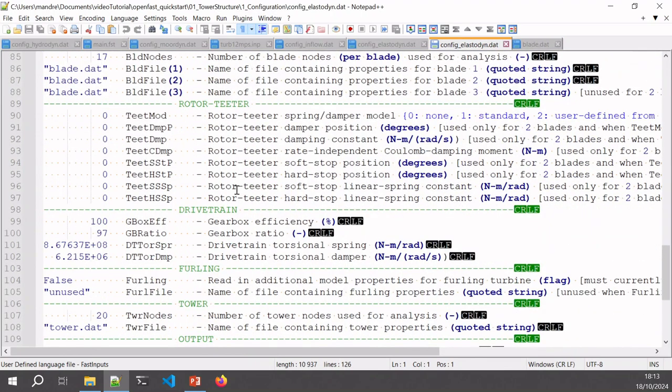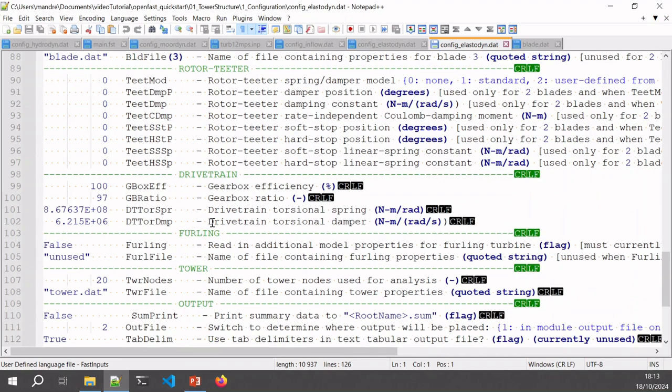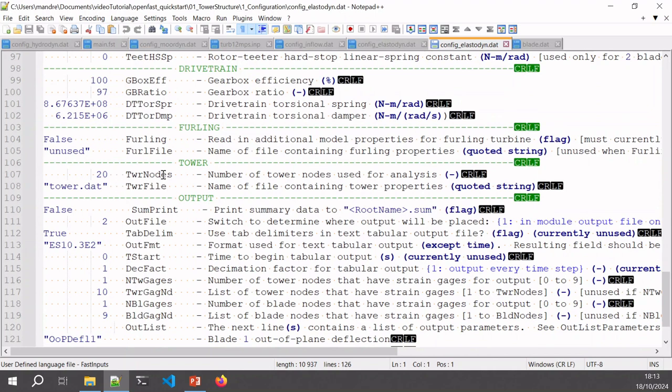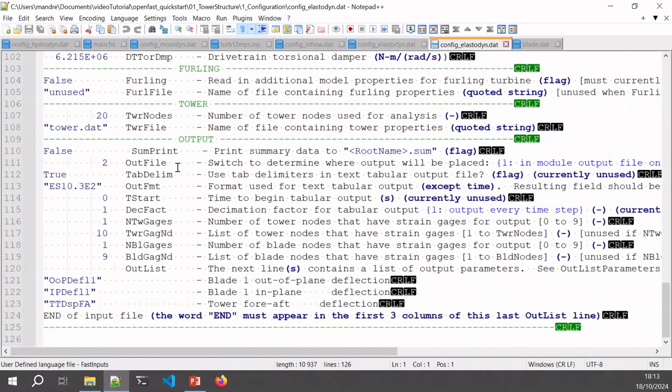Then we have the teeter, but we are not using it. We have the drivetrain information, but it's not really important for now. For the tower, same as the blade, we have a file which will describe the mechanical properties of the tower. And then we move to the last part, the output part, where we specify what we want to output